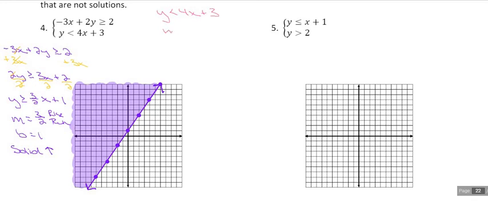So our slope is 4 over 1. Our y-intercept is 3. Now, due to the fact that it is a less than, that means we have a dashed line and we're shading below. So if we get our plotting tools ready,